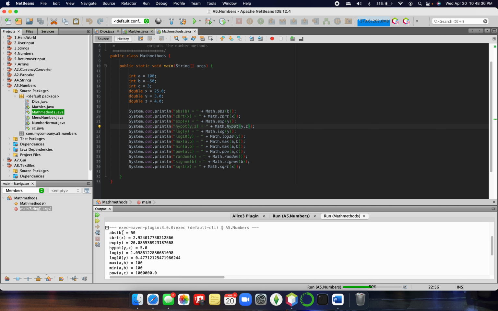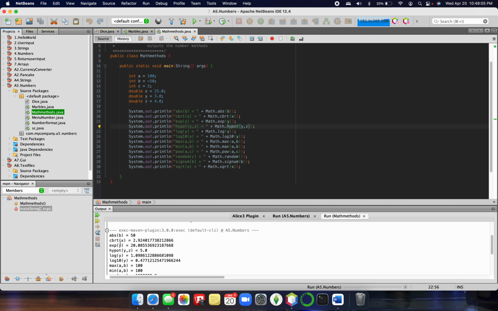So it's giving us the absolute value of variable b, which is -50, and the absolute value is just the integer of it. And then the cube root of x. X is 25, 2.9 repeated or whatever it is, the cube root. Exponent y, it's going to give us, what is it, 3 to the e power. And then you have hypot, y z, logarithms, logarithm to the 10th power, minimum, maximum, a and b,